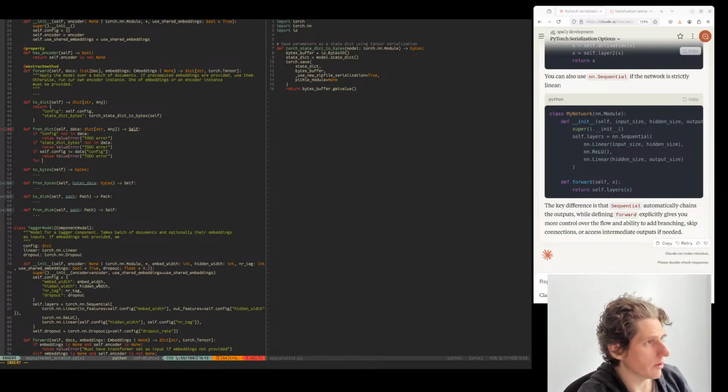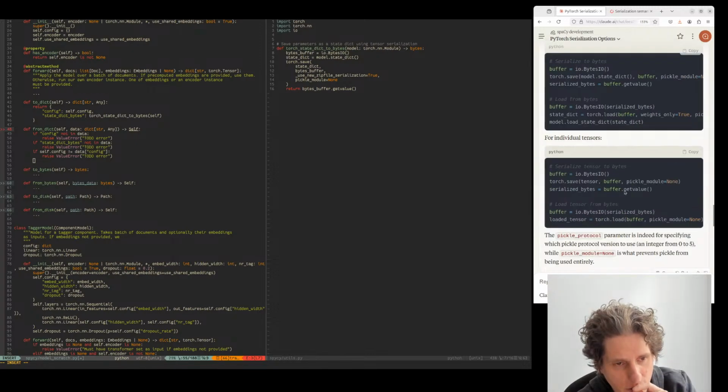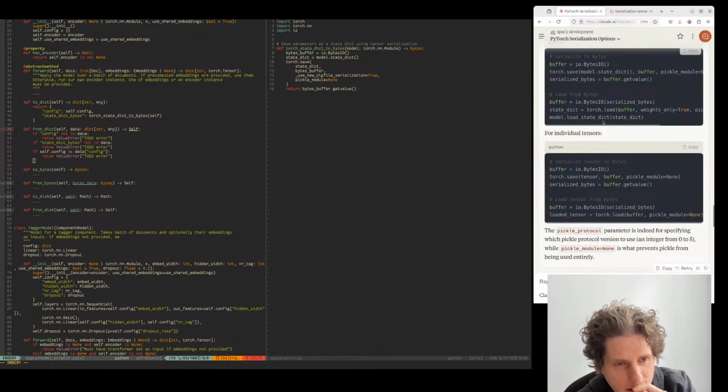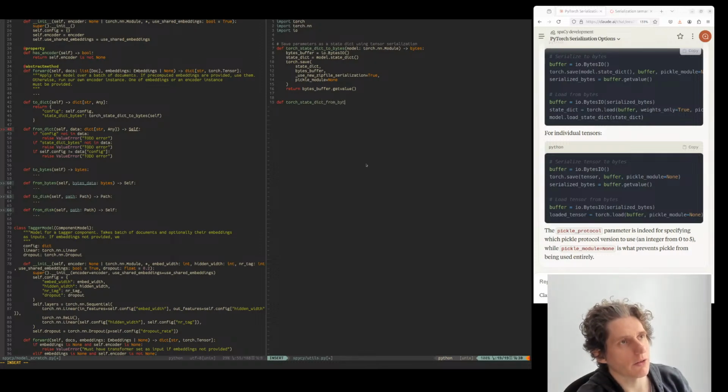Alright, so then we go through the name. Actually no. Now we've just got to load the state dict back. So let's see, what were we doing here when we load back? Okay, so first we deserialize the state dict and then we load it back in. So state dict from bytes,